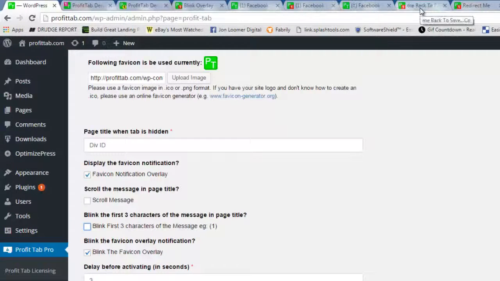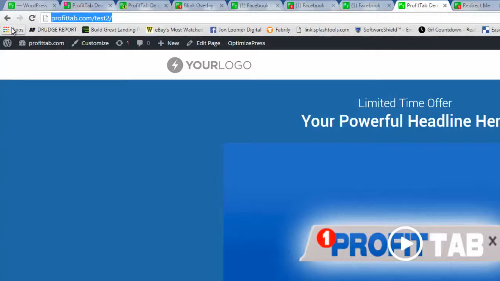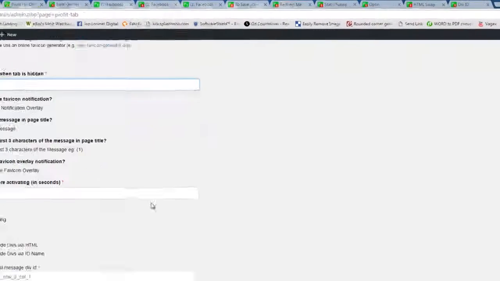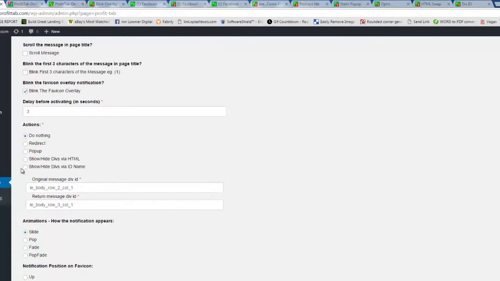This one demonstrates the scroll. So let me click off of it. And when it activates, it will actually start scrolling. Whatever you type in here is what's going to scroll, and it does have the fave icon overlay on it also. Now we get into the redirect actions, and all of these actions, this section right here,